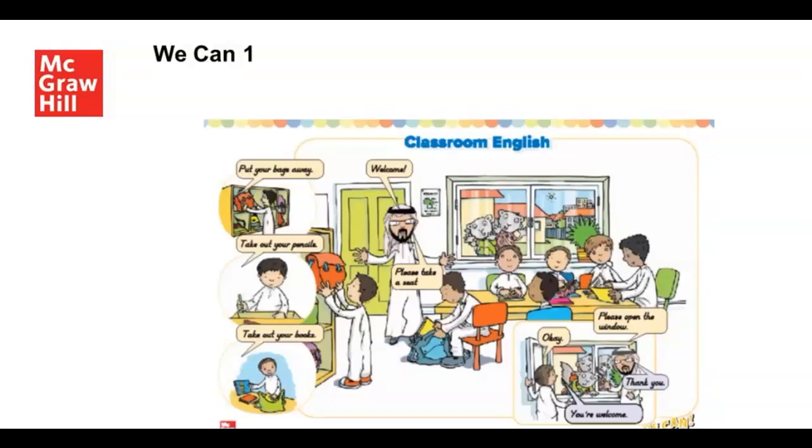Now, one of the things you can do also online is cover, if you like, the bubbles, the speech bubbles, so that they don't get distracted by the script, the written English. This is a very delicate point, isn't it? On the one hand, we want them to be exposed to written English, to hear it and see it so they can make the association. But on the other hand, we want them to develop listening skills and to understand the spoken language. But what's the point? Which is the point where written language stops being a distraction? Well, I think a bit later. So if you find that they are distracted by it,